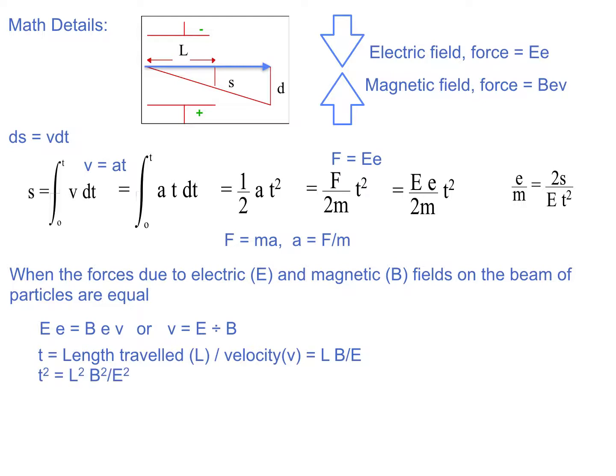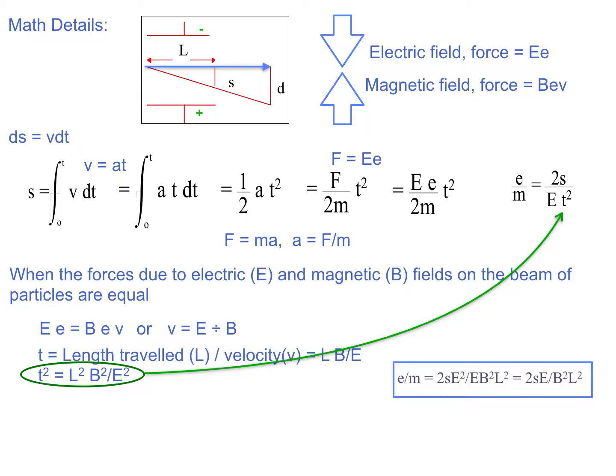So once we have done that, T squared is then equal to L squared B squared over E squared. We can measure L, we can measure B, we can measure E, so we can measure T. That's the idea. So once you can measure T squared, you substitute that back into the expression we arrived at earlier. And so now we can write E over M equals 2S E squared over E B squared L squared,